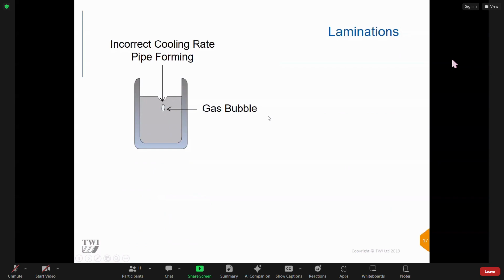laminations. We do get laminations in steel. We find them in steel plate and in pipe. They are in the middle thickness of the material, and always in the roll direction of the plate. And we find laminations very easily with ultrasonic inspection. So again, casting our steel blocks, we form the material in there,